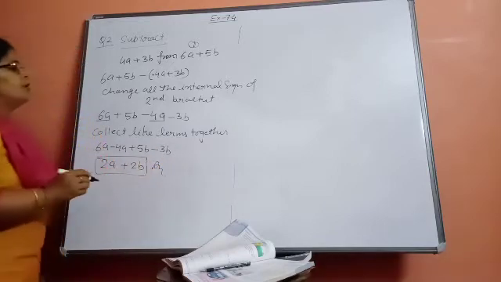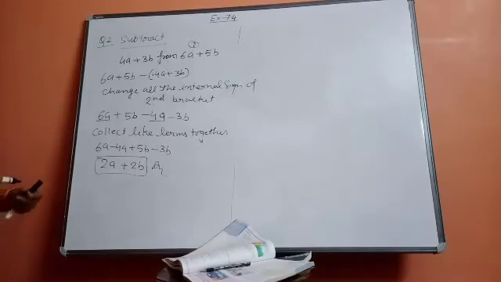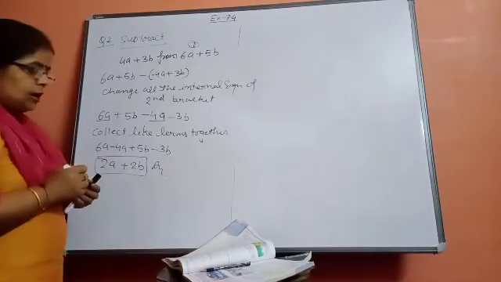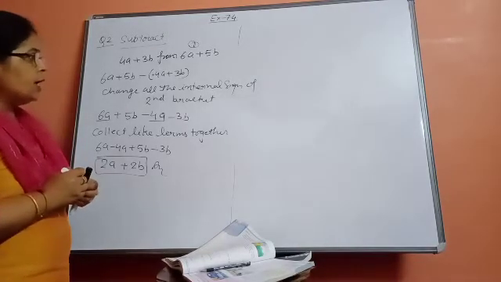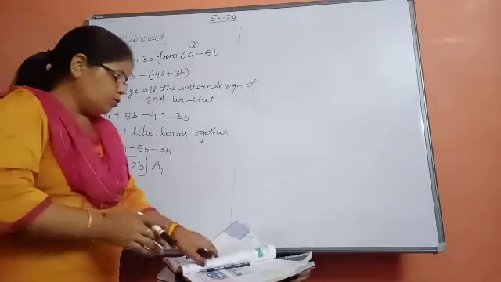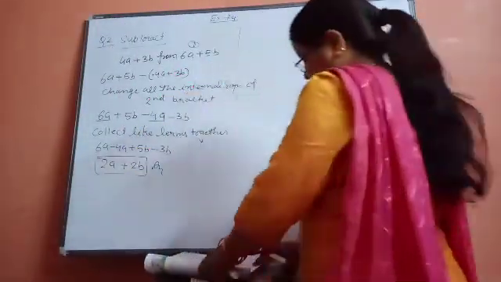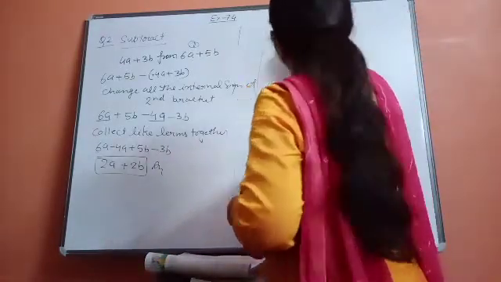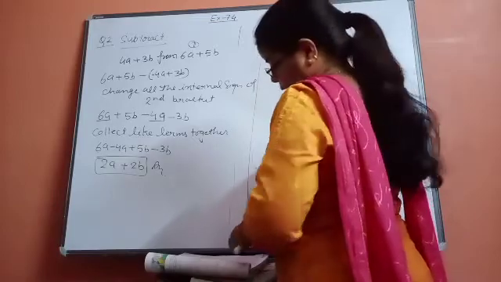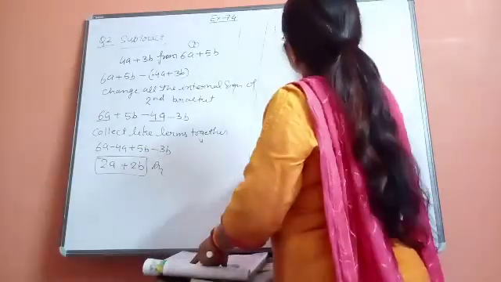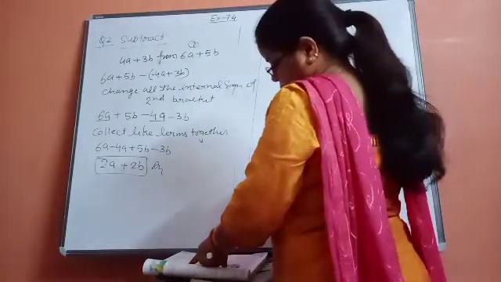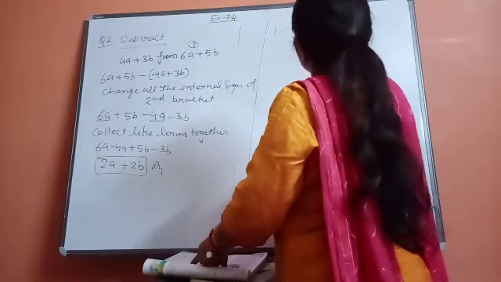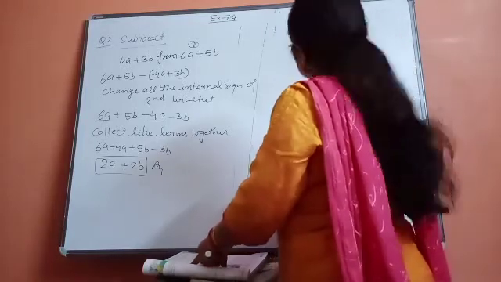Okay, maybe everybody of you has understood, or otherwise watch the video more and more so that you can understand. Okay, now come to the second part of the question, that is the B part, and how will we do it? Again the same procedure we will follow. See, the B part I am doing again on the board: x cube plus 2y cube plus 3z cube.